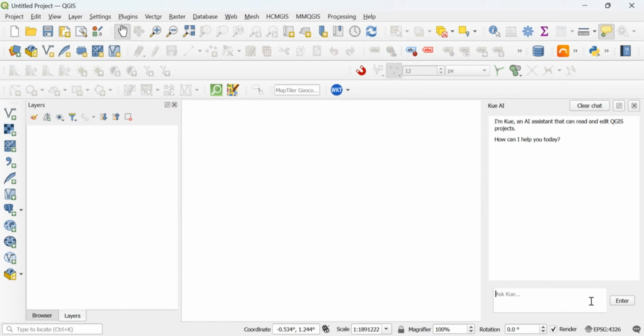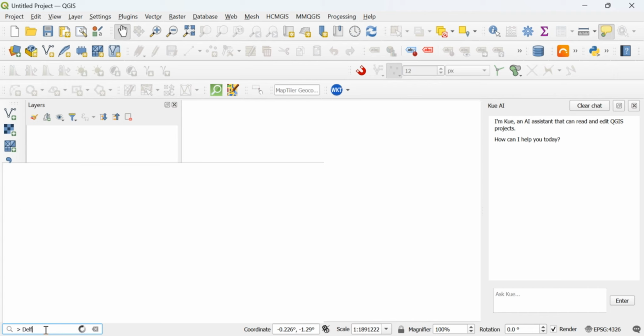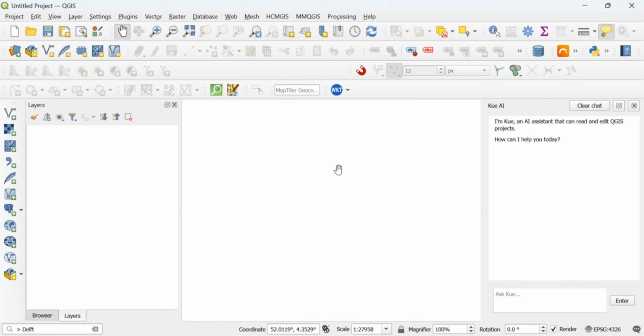So the first thing I would like to do is to just zoom in to the city of Delft. I don't have the OSM or the OpenStreetMap shown here for a reason.